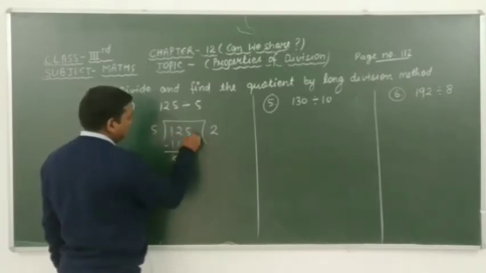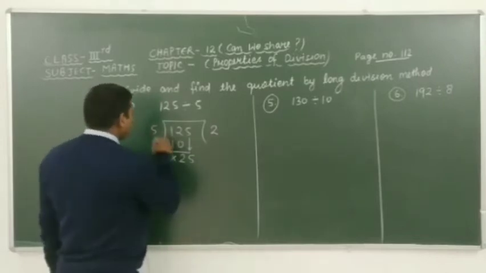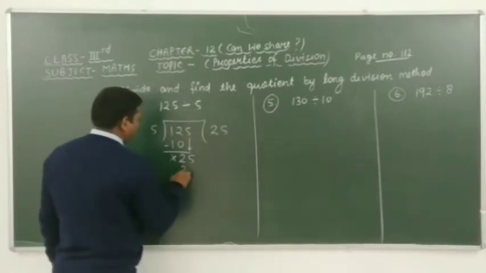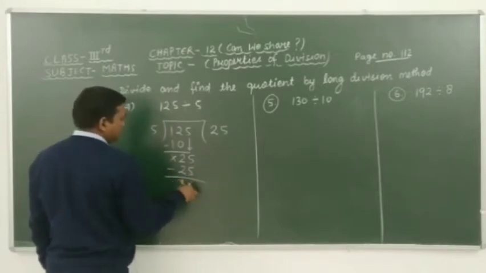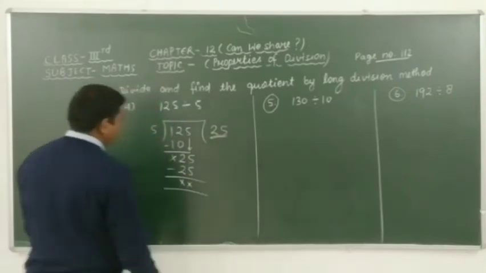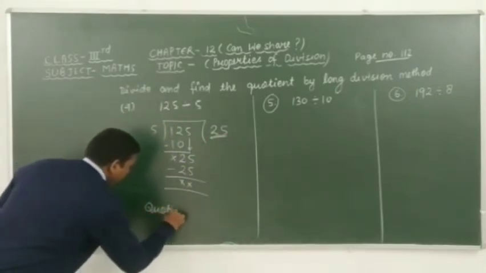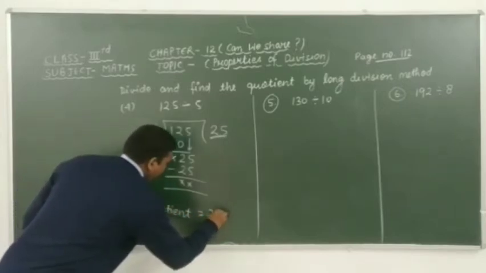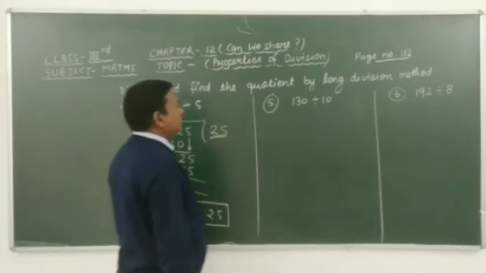It means that cancel out. Here we have to take 5 as same. 5 5s are 25. 25 minus 25 is 0. It means that here we get cancel mark. And the quotient is 25. It means that here we can write quotient is equal to 25. Okay, students, in this question,